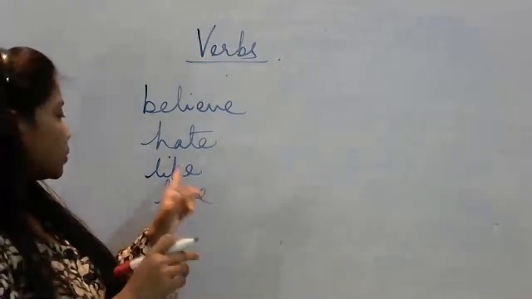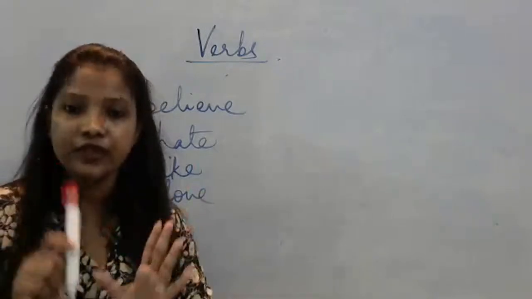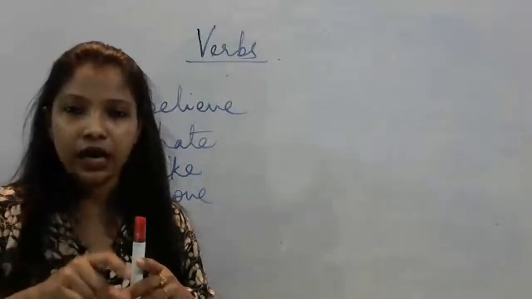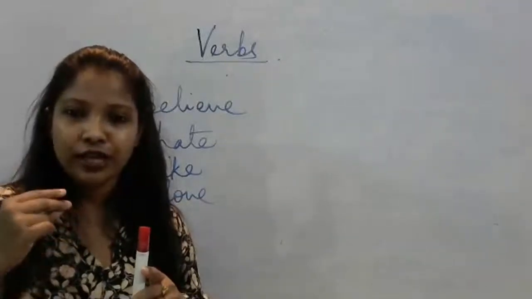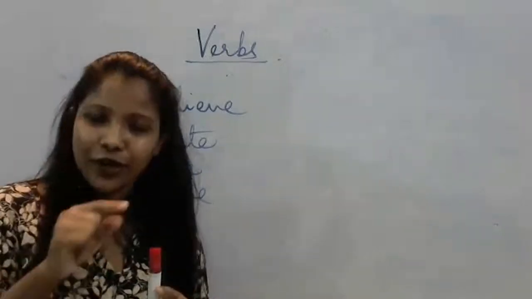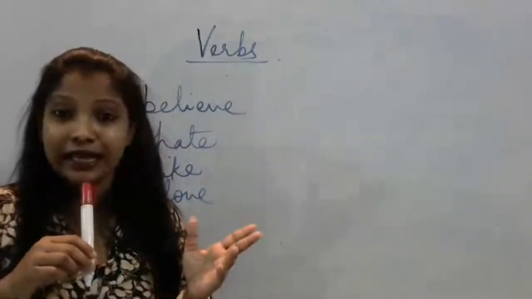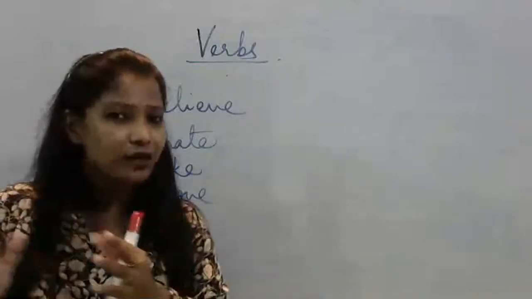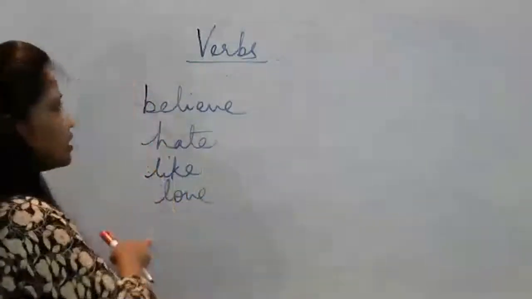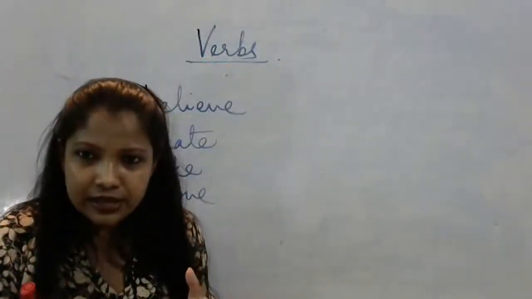I'll give you one example with the word like. Suppose you are having an ice cream, and you have that ice cream for the first time. You are tasting the ice cream, and somebody suddenly asks you, "How's the ice cream?" So your instant answer should be, "I like it." Though you have tasted the ice cream only once, still your sentence should be in simple present. You will not say, "Wow, I'm liking it." Now that again goes under non-standard form. So your answer should be, "I like it." That's the reason these words go under verbs which should be used in simple present tense.